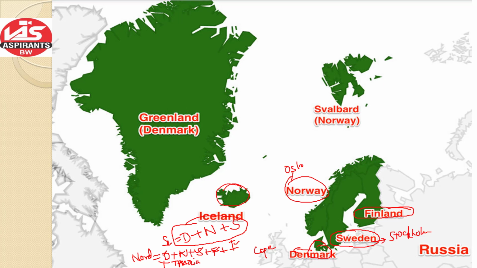Now what are the associated territories of these countries? First of all, let us see the associated territories of Denmark. Denmark has two associated territories. The first one, you can see it here, is Greenland. Greenland is part of Denmark, so it is also included in the Nordic countries. And also there is a dot here. These are a group of islands known as the Faroe Islands. The Faroe Islands are also a part of Denmark. So Denmark has two associated territories included in the Nordic countries, that is Greenland and the Faroe